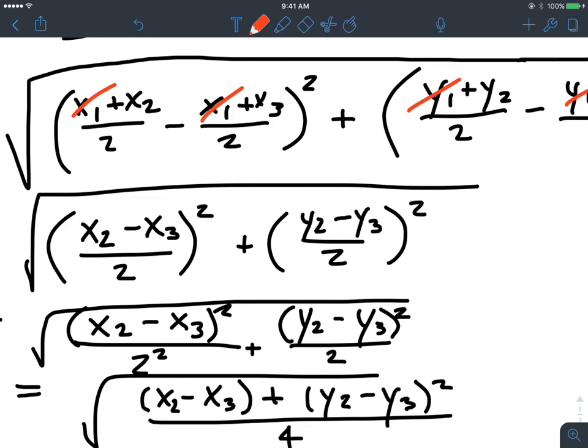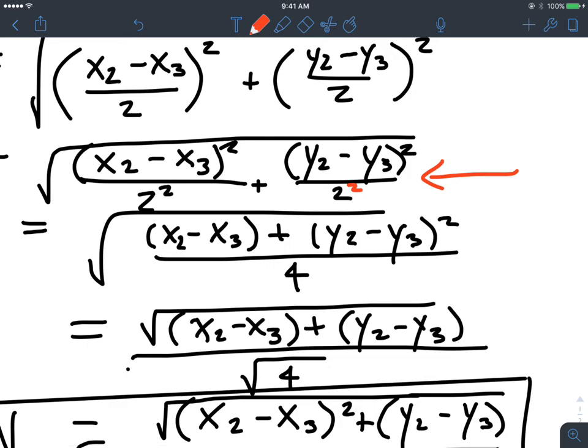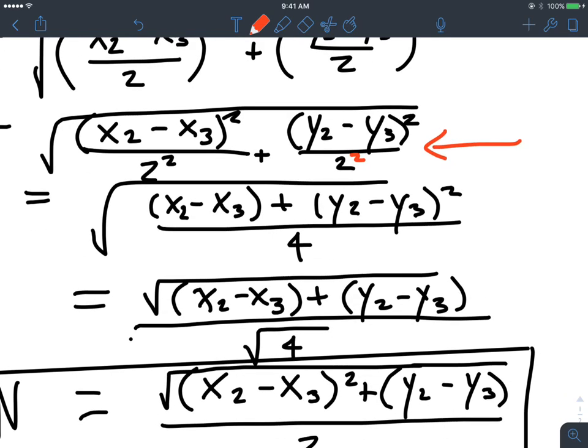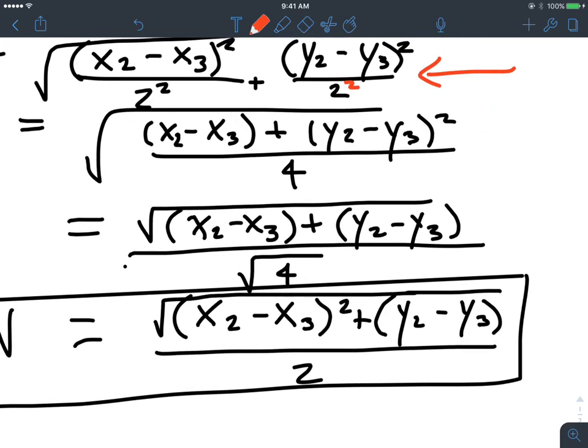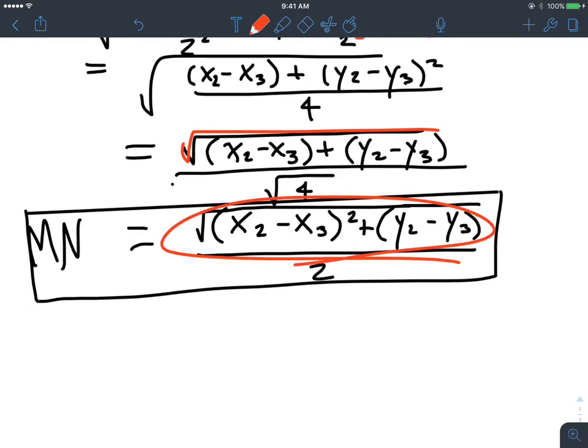After you have that, if you have a fraction squared, it's like squaring the numerator and the denominator, so I split up my squares down here, and I forgot to write my squared right there. Essentially, you're going to have 4 in both of those denominators, so since I had a common denominator, you can combine the numerators, which is what I did on that step. Also, when you're square rooting a whole fraction, you can break up your square roots: the square root of the numerator over the square root of 4. The square root of 4 is 2. So essentially it's saying take this distance here and then divide by 2. And that's where that came from